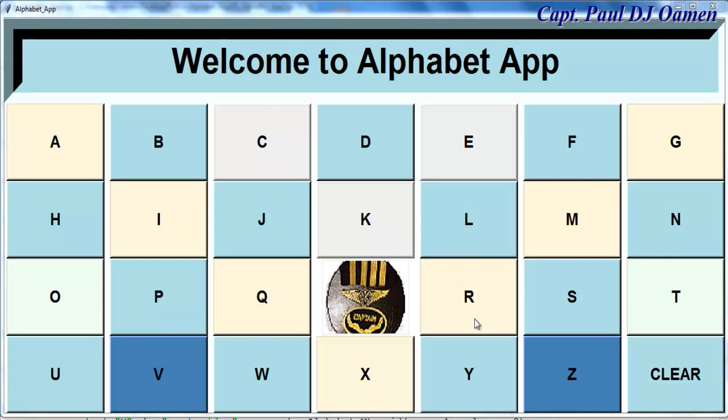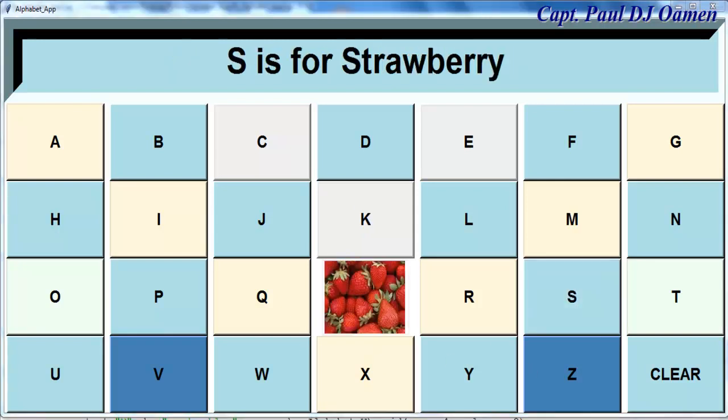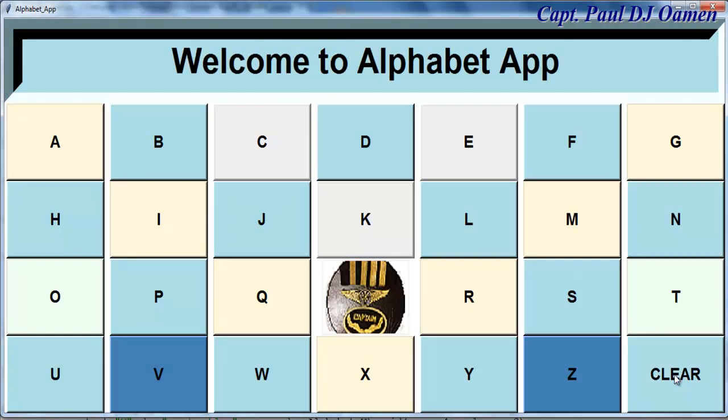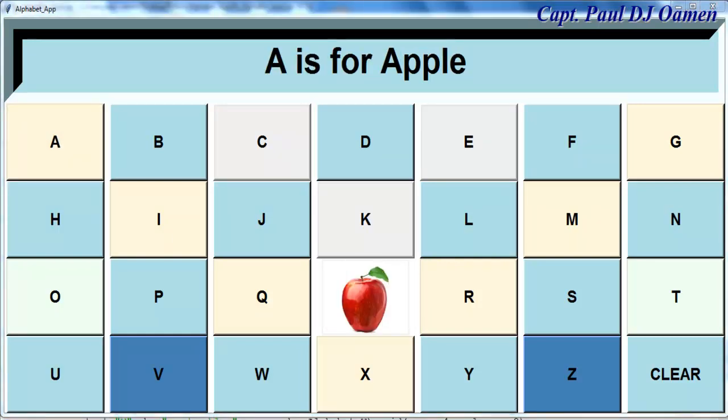If I click on any of these alphabets, let's say we go for S. S is for strawberry. Now let's click on clear and reset the whole system. Let's check out another alphabet. Let's say we go for A. A is for apple. So what I'm going to do now is I'm going to take you guys straight into